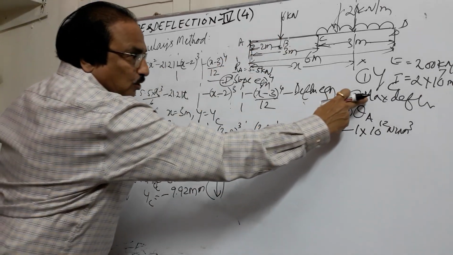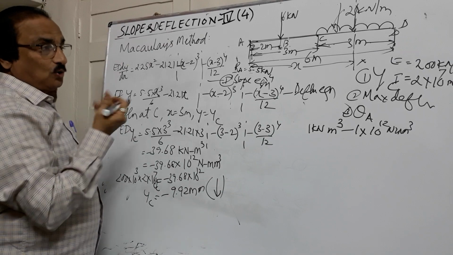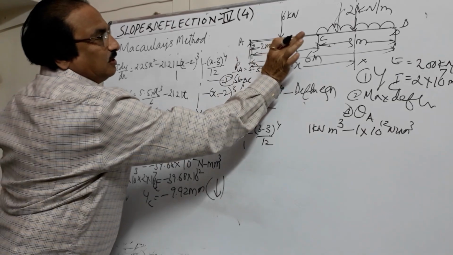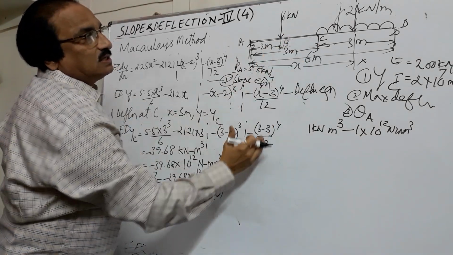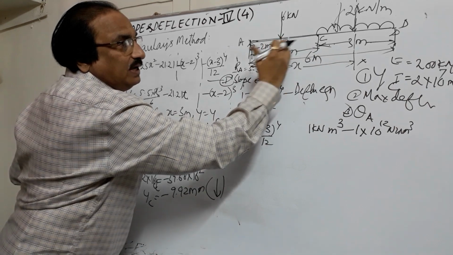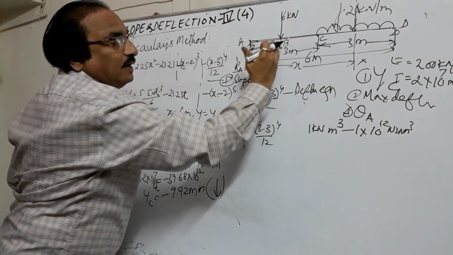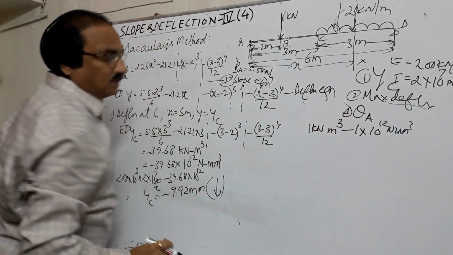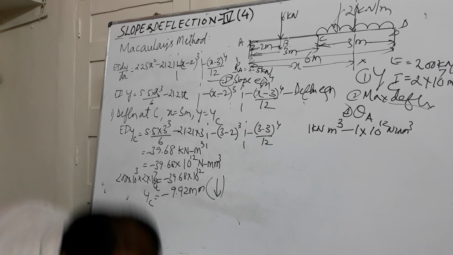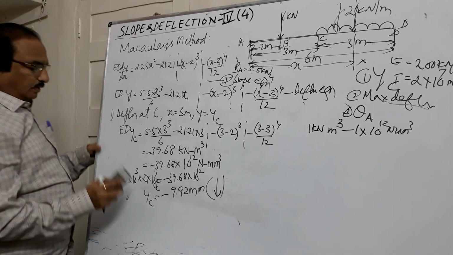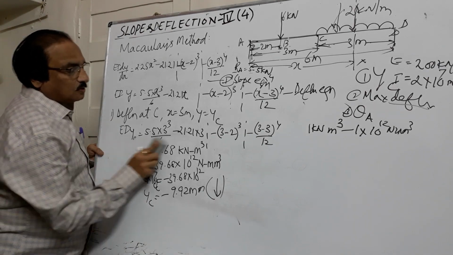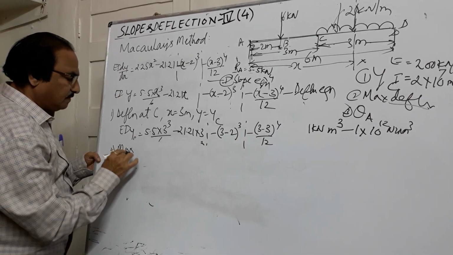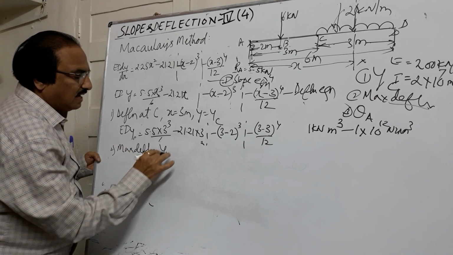The second portion is to find the maximum deflection. Now we don't know in which portion the maximum deflection will take place. Let us assume that the maximum deflection is taking place between B and C, towards C. When I say that, I have to restrict my portion to AB and BC only in the equation. So we are required to find the deflection equation. From the deflection equation, we came to know this. Next, from the deflection equation, maximum deflection, Ymax.